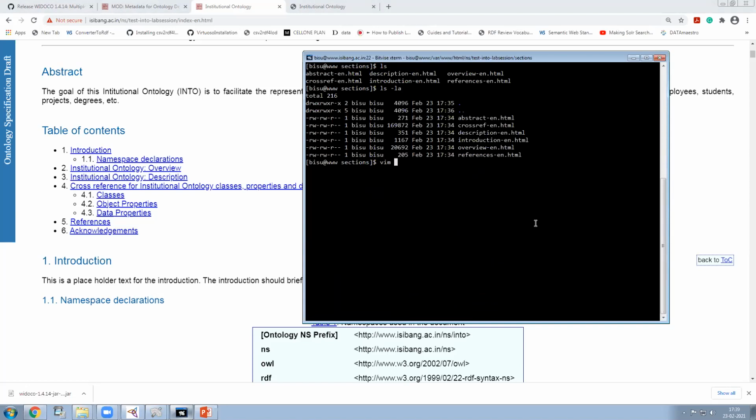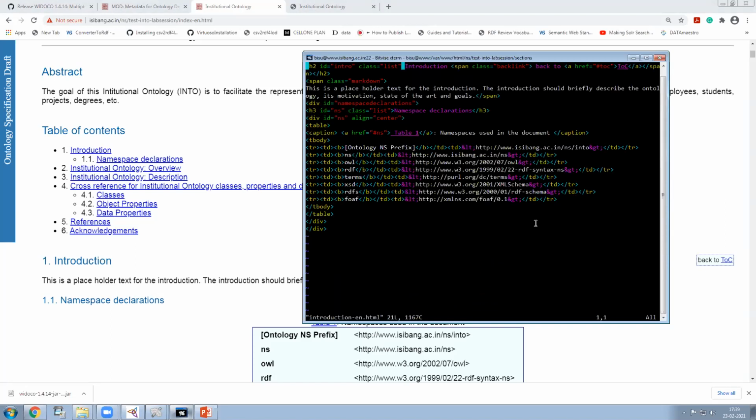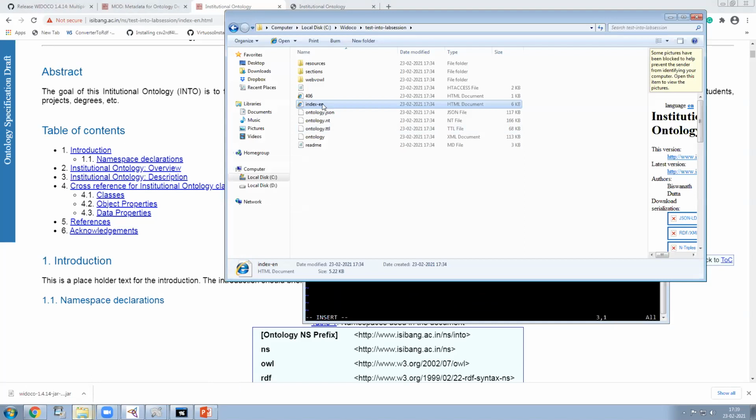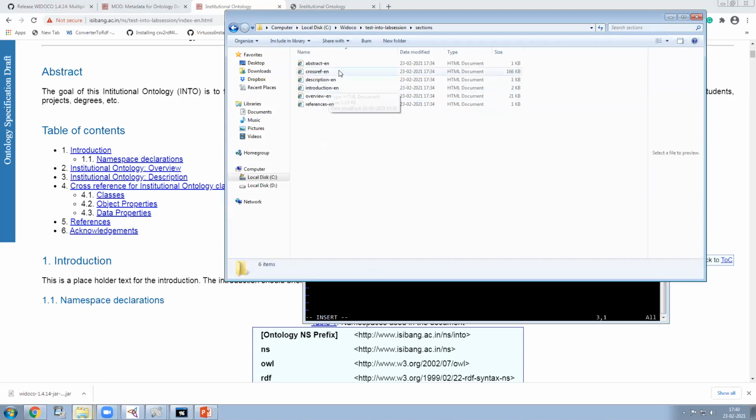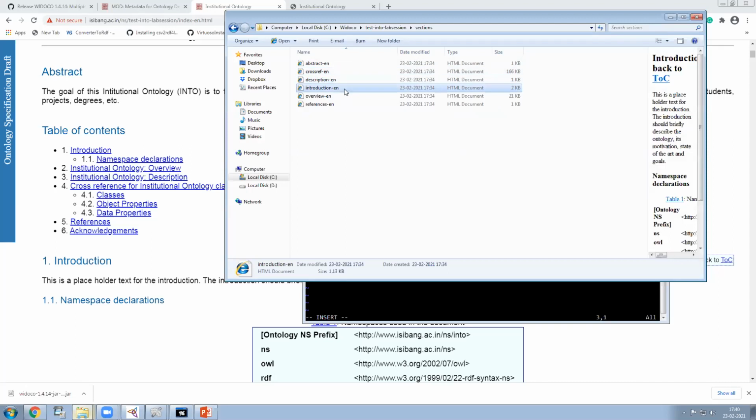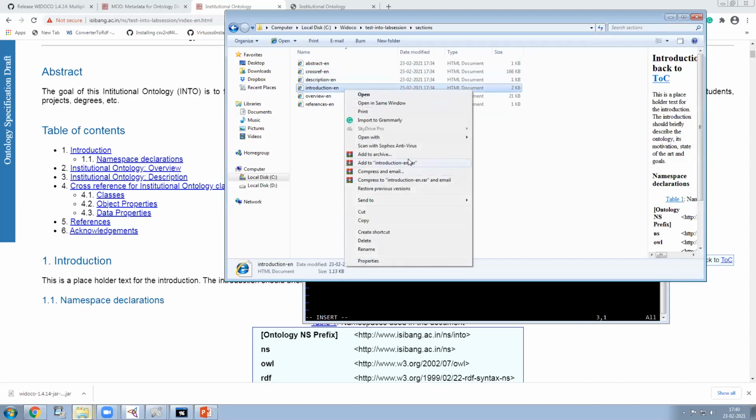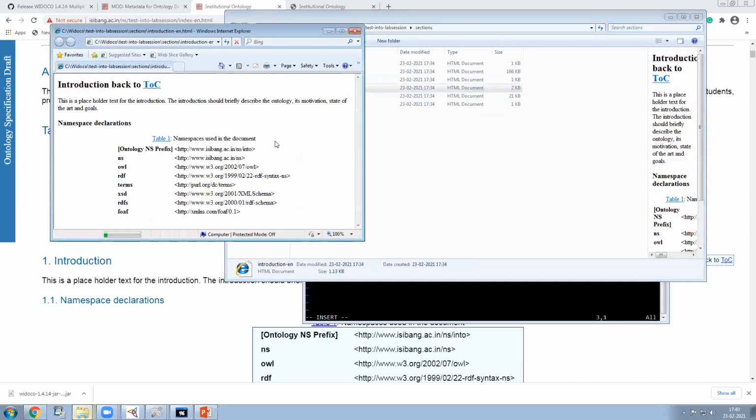So I know that beam introduction, I open it and add the value here. You can do it in your local system, on your local page that you had on your desktop right here. So sections, and you open it using any popular editor that you are familiar with, whether Notepad or anything.